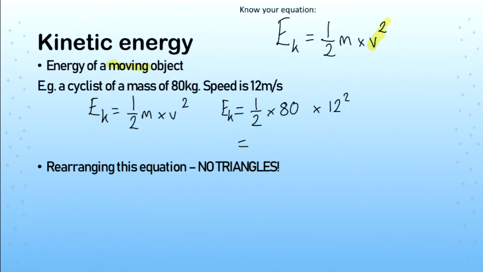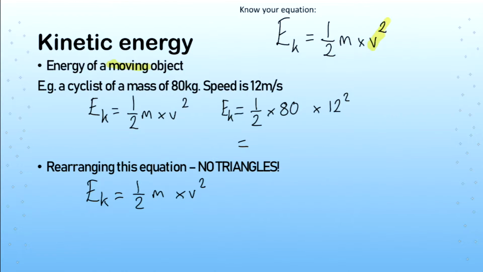Quite often you can be asked to work out the velocity of the object based on the energy that it has and the mass. The energy sometimes we get given, and sometimes we need to calculate the gravitational potential energy of the object if it's falling and convert that into kinetic energy, because it's turning its potential to fall into movement. It's gaining kinetic energy, and we can use that energy then to calculate the velocity, and we'll see an example of that later. But if you're going to rearrange this equation, just as you would rearrange any other,